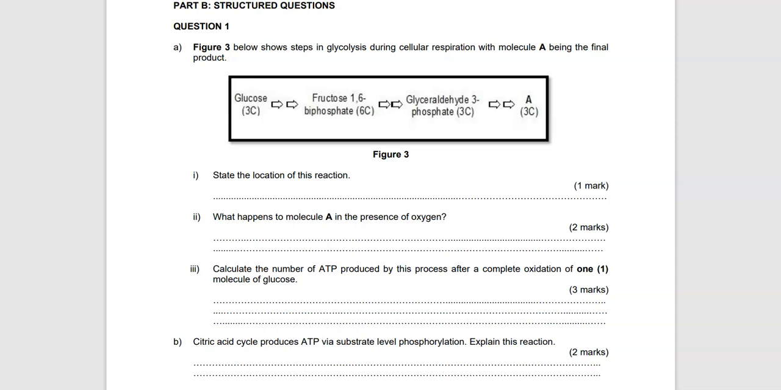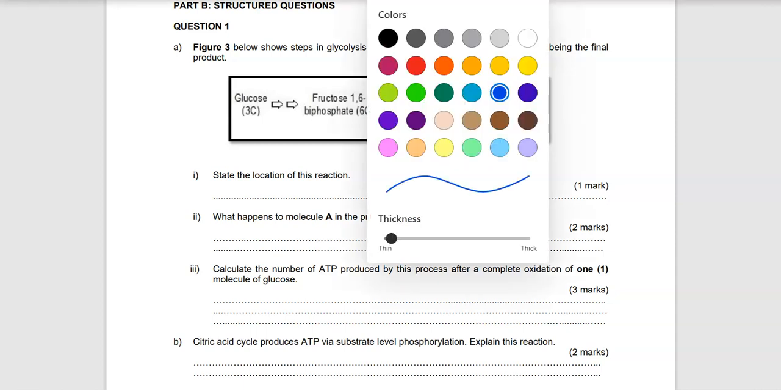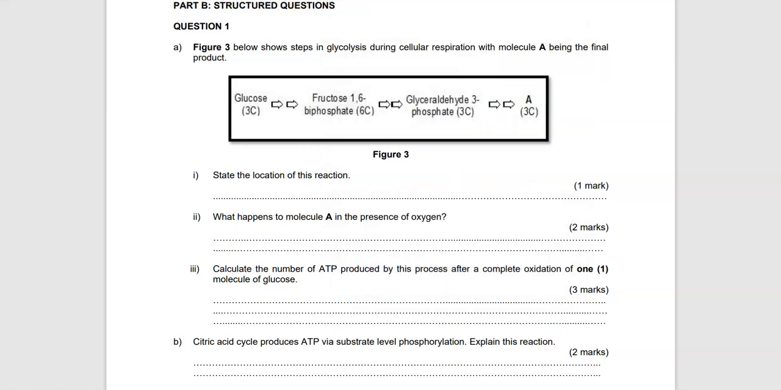Okay, so in this video we are going to discuss for chapter 5 cellular respiration on part B structured question. So for question number 1, figure 3 shows step in glycolysis. Okay, step in glycolysis. As you know, glycolysis occurs in the cytoplasm. So at the end, the product produced is molecule A. Okay, so glycolysis basically occurs in the cytoplasm. So the answer for number 1 is